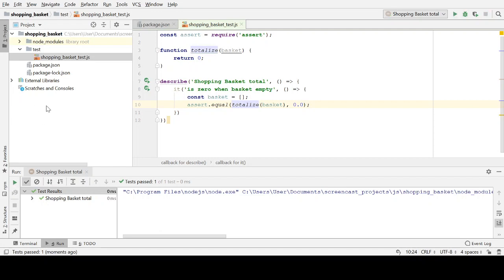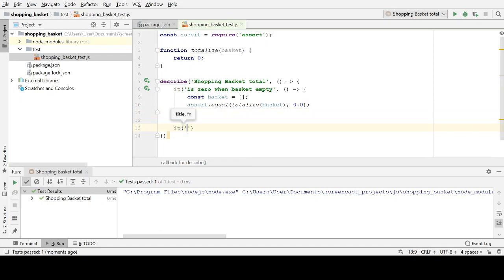Now, this basket constant here, I think, is adding some value, because if I inline that, then it's just going to be an empty array, and then we know, what does that empty array represent? So in order to make it more obvious what that little bit of test data means, what role it's playing in the test, I've given it a name, and I think it's going to stay with that name. Okay, now let's move on